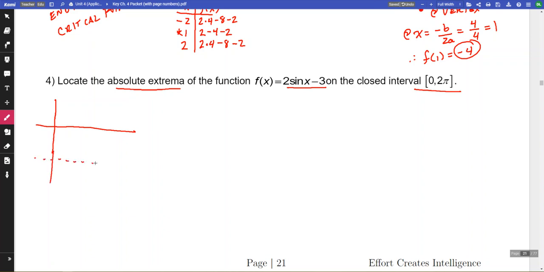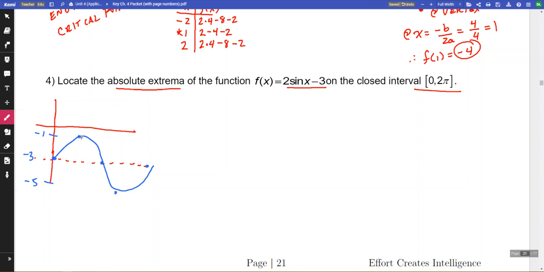So here I have a sine function that's been moved down by 3 units with an amplitude of 2. So I know that here is negative 3, go up by 2 units, go down by 2 units, and I've got a sine function that on the interval from 0 to 2 pi, I know that